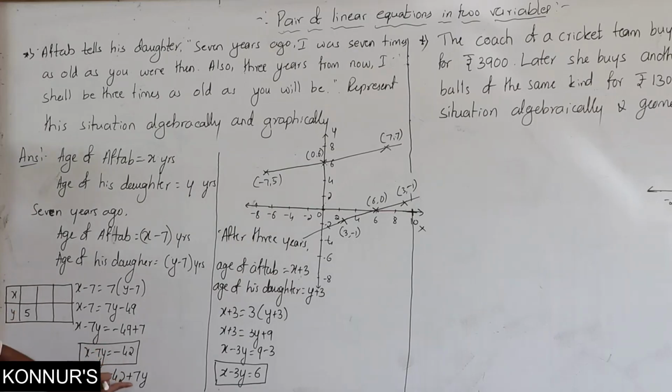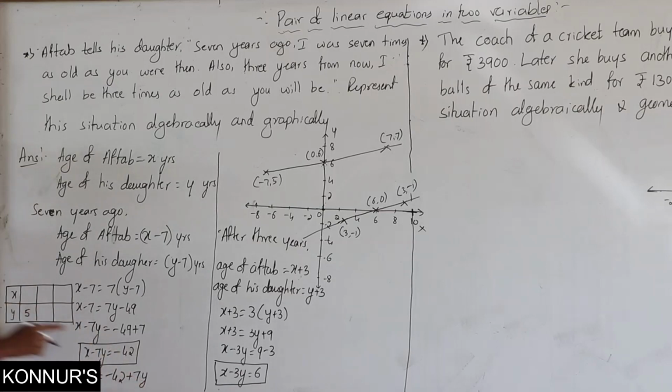If you take y as 0, you are getting minus 42. To put it on the graph, it will take a little bit, you will have a little bit of difficulty there. So better you take values which are very small. If you substitute 2 also, you are getting 14. 42 minus 14, you are getting a bigger number again. So for that I have taken 5.